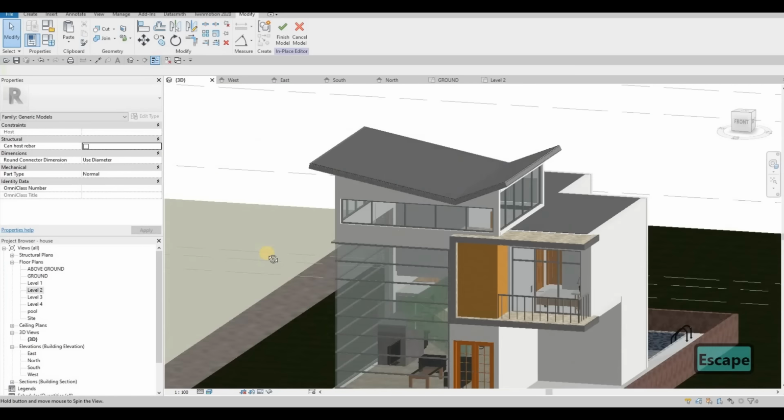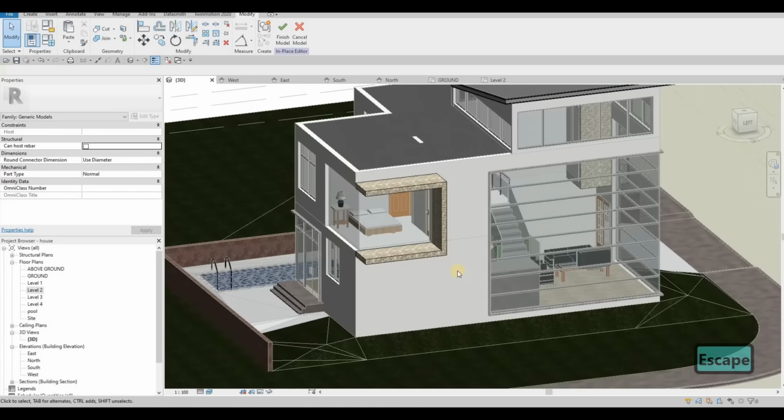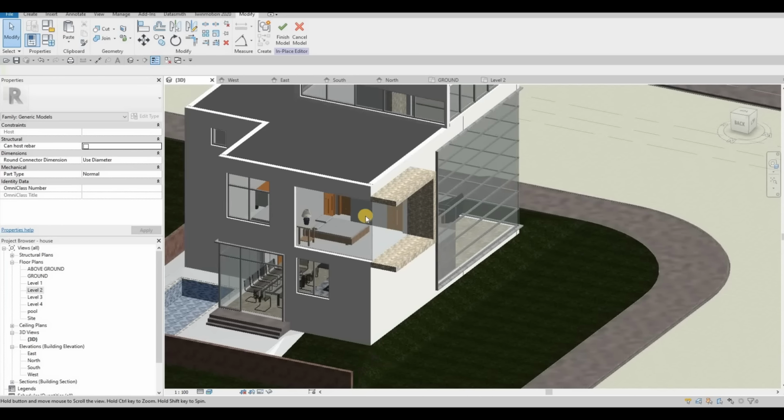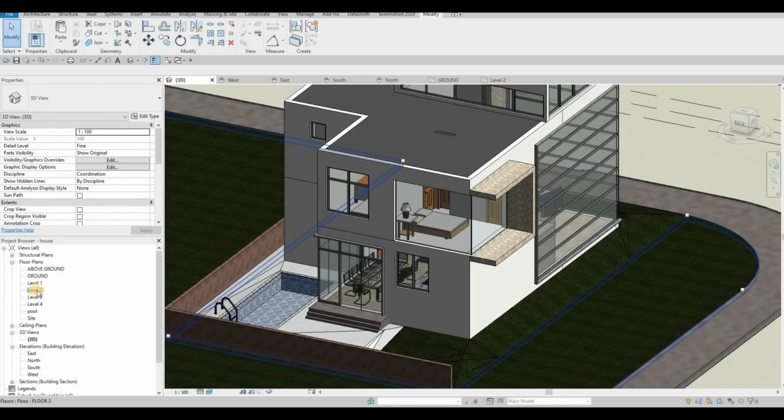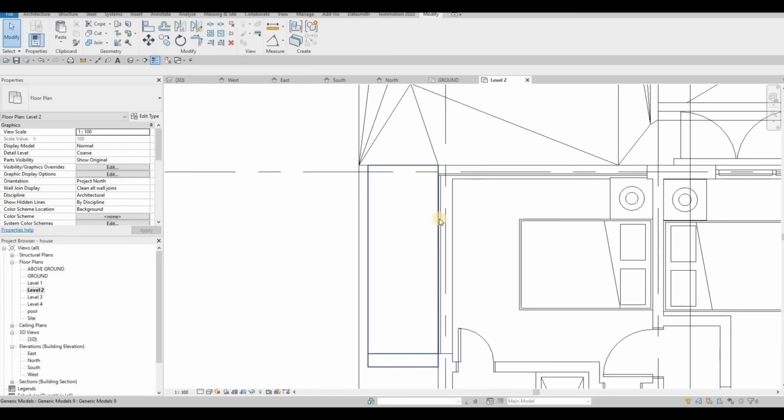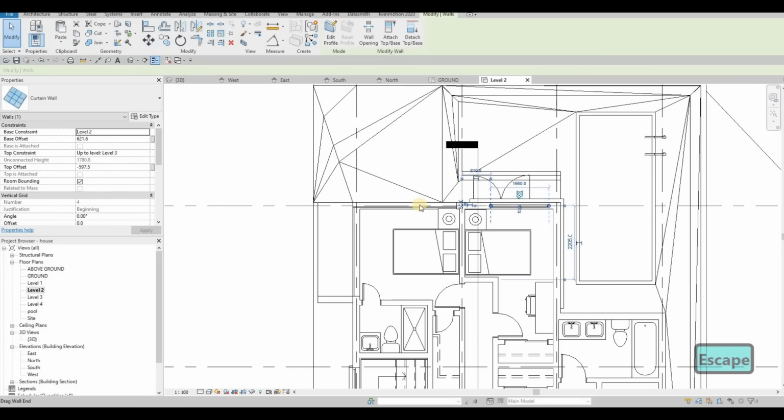So we have rubble there, and then we're gonna do the other side. Let's just click finish, go to level 2, and then delete this, and then let's add